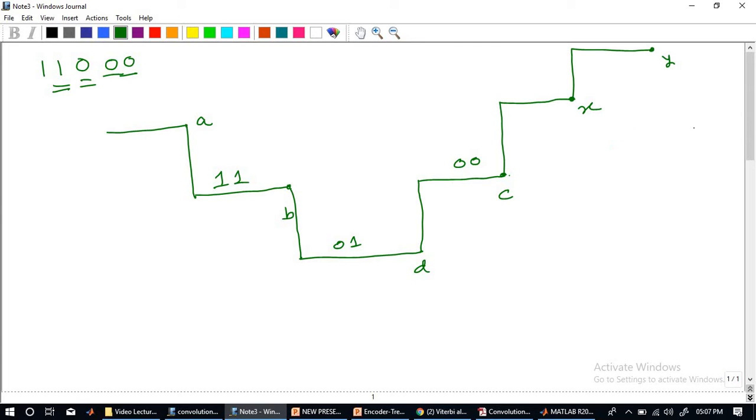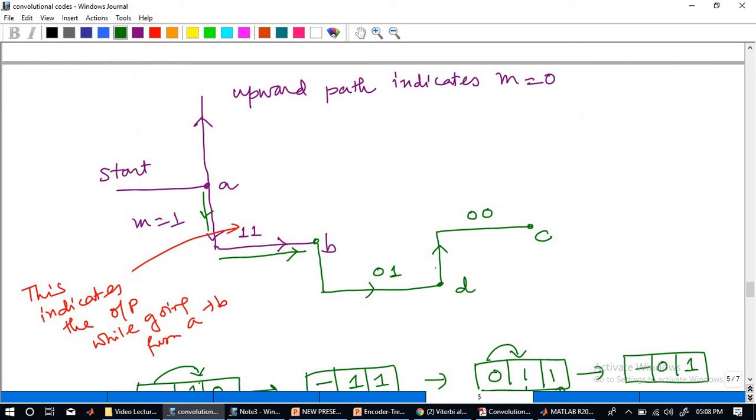This happens for, suppose there are 5 bits. Suppose the message is having 5 bits. So after the 5th bit, you have to go for the 6th and the 7th one. Understood? So this is a generic rule you can follow for any of the cases. Now we have to find out what is X and Y. Now if I go back to last day's explanation, you can see why it was 1 1 or 1 0.